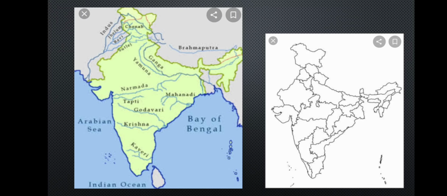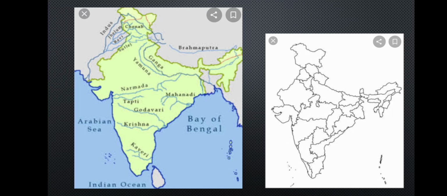This type of map you will get in your examination to locate several points on it. And another type of map is also there, that is the non-state divided map, where there will be only the outline border of India. So any map you can purchase and you can practice on it.